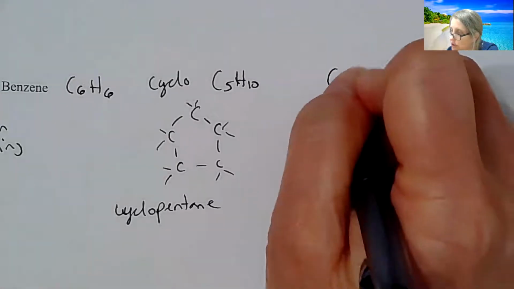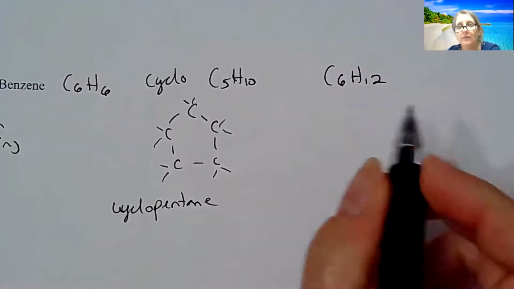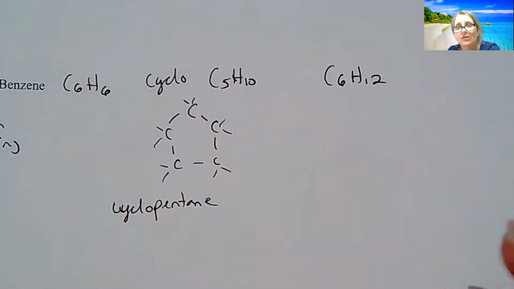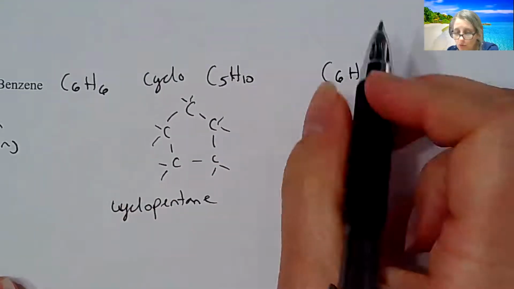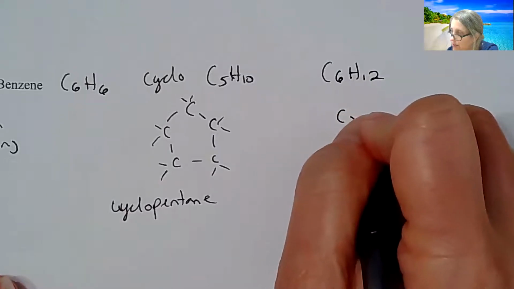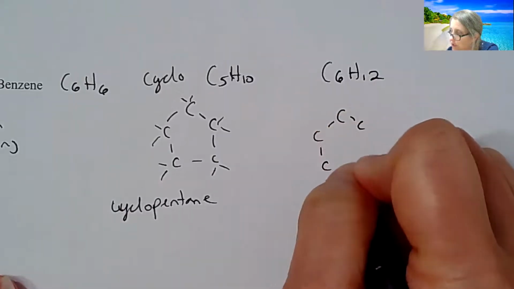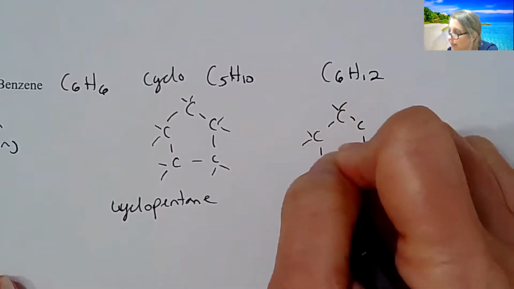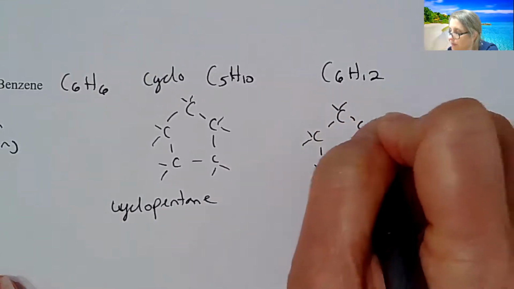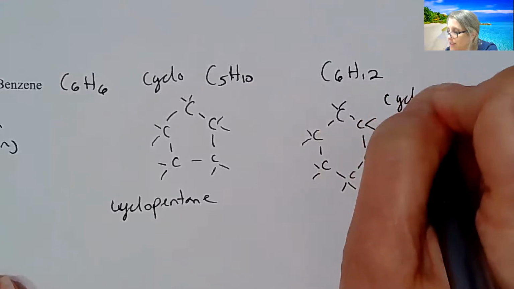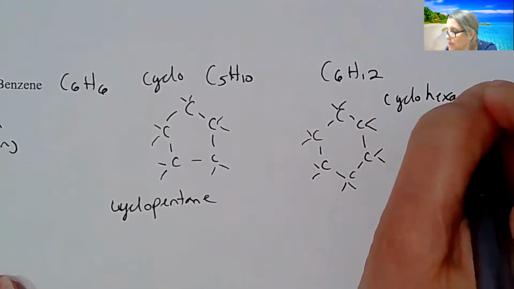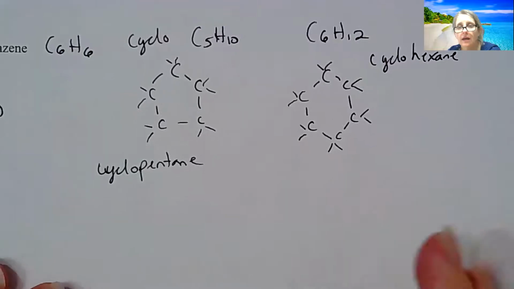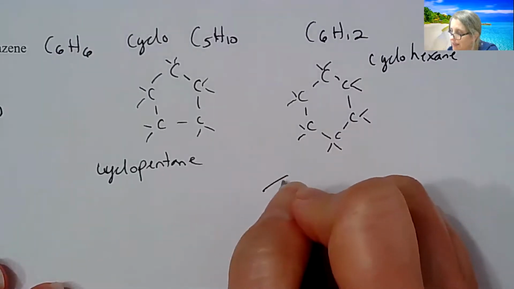So I'm going to draw the cyclo version essentially of C6H12 to kind of show you the difference here. So I'm going to draw 6 carbons in a ring here. They're going to have 2 hydrogens on each one of the carbons. Okay, so this is called cyclohexane, hex meaning 6. Okay, but if I draw benzene underneath it,